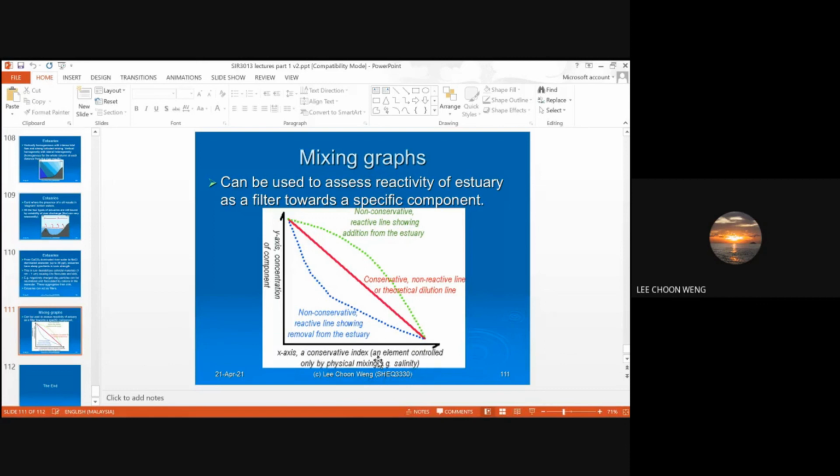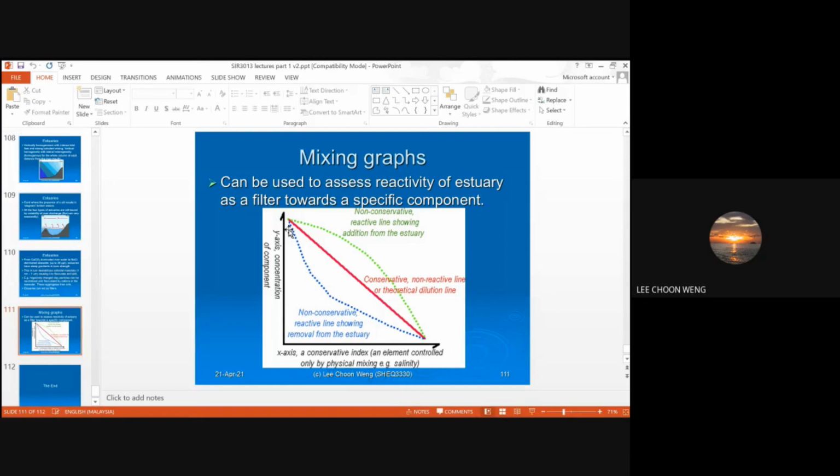Usually we use salinity because it is a variable that is affected only by mixing. No biological processes affect the level of salinity, only physical mixing. So if you draw an x-axis based on salinity, 0 here means fresh water, and 30 here means seawater. So from fresh water to seawater,